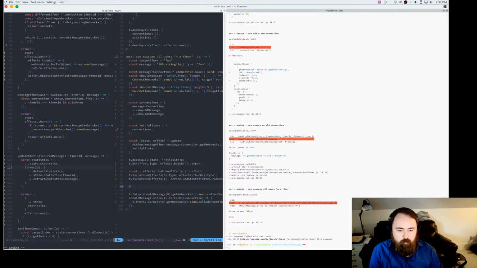Now if we were to run batched effects 0 dot method, and I see we need to call that like a function as well.